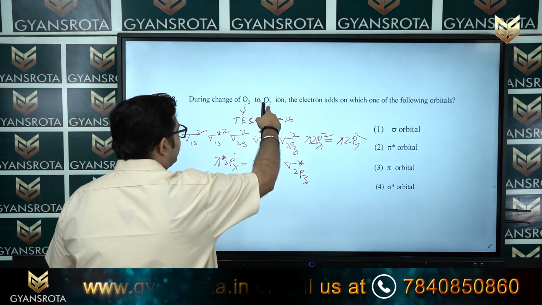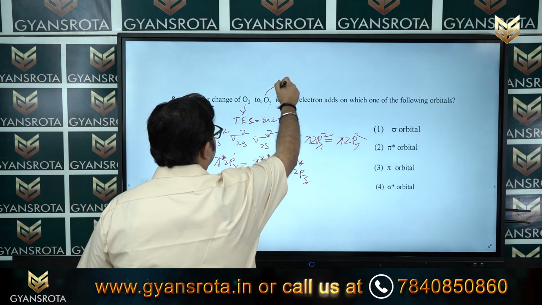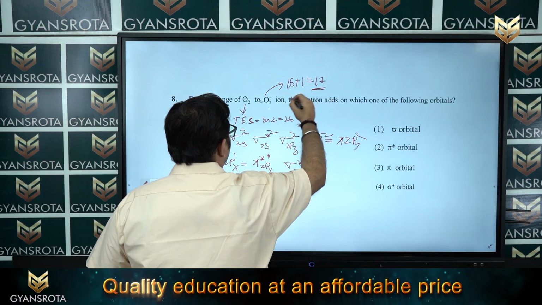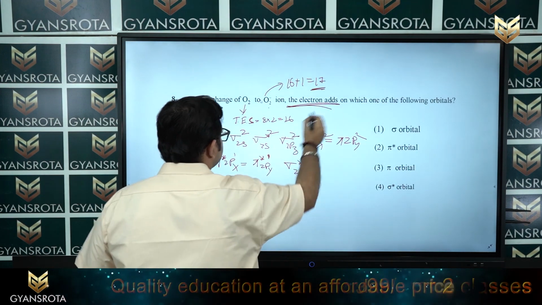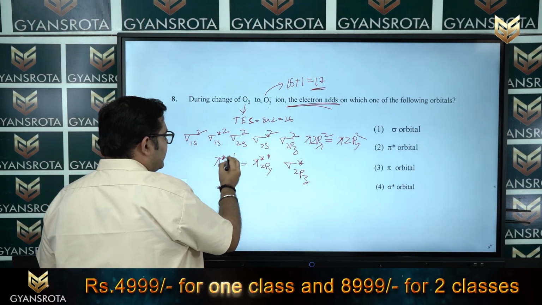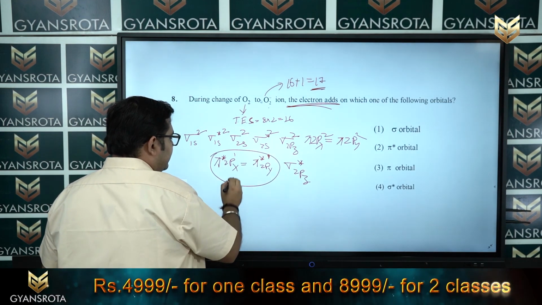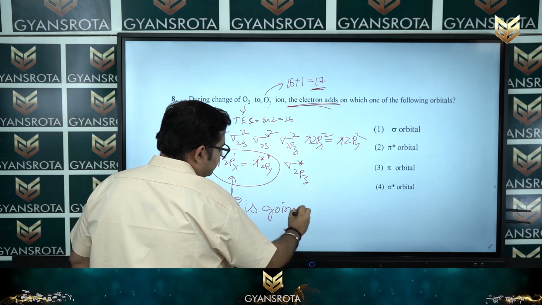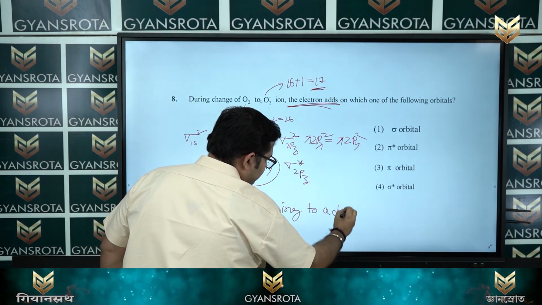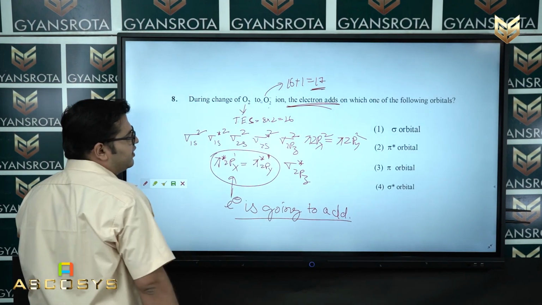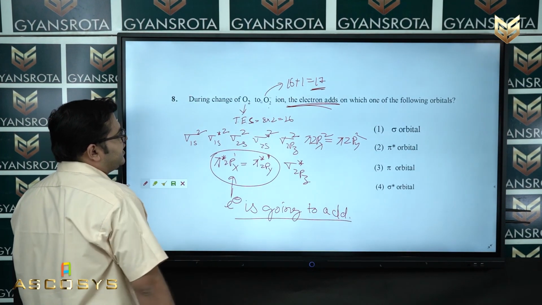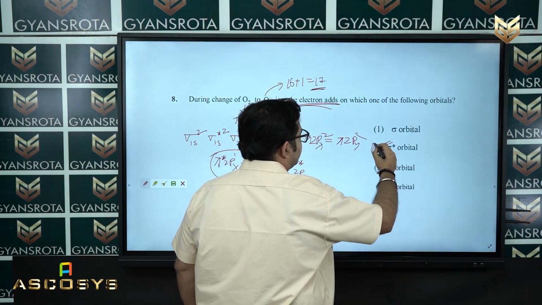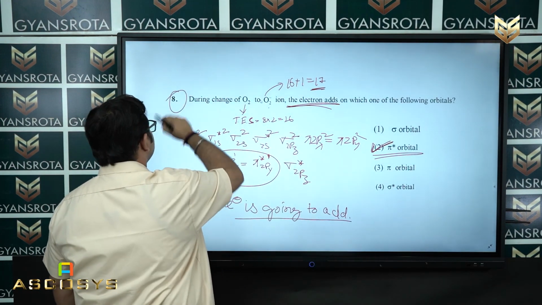Now for O2 minus, what is the electron count here? Total electron count is 16 plus 1, that is 17. Now the added electron, the extra electron, is added on which orbital? It is going to add on the pi star orbital. In this orbital the electron is going to add. In the question they ask where the electron will go and add, so the pi star orbital, that is option number 2, is the correct answer of